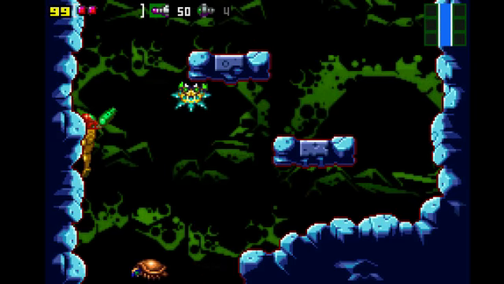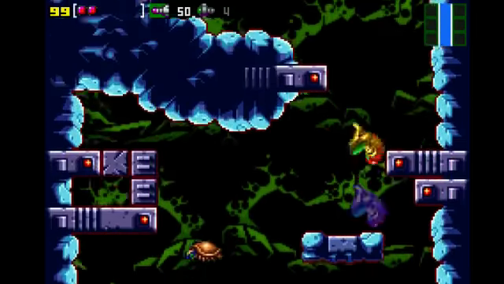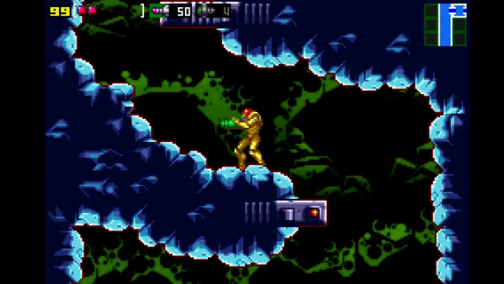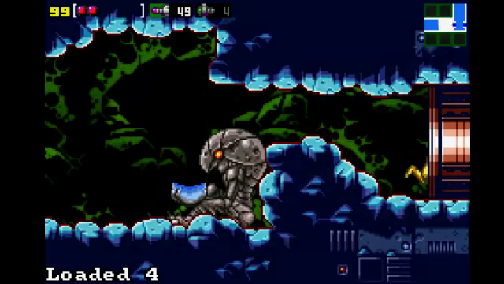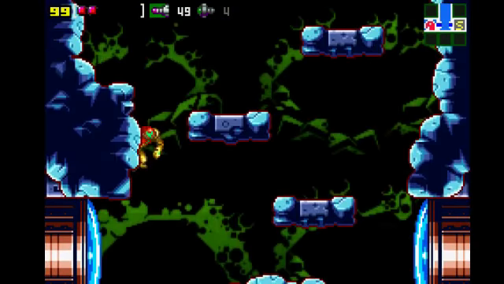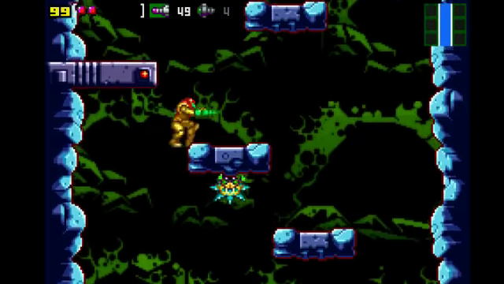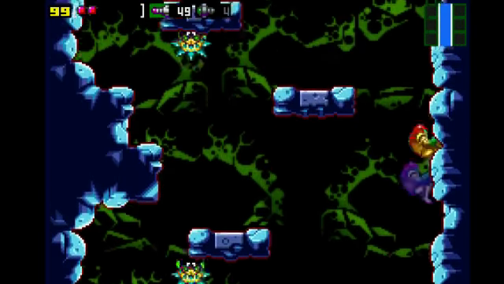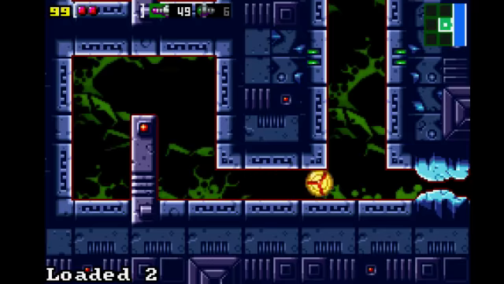If this guy's in the way, you shoot him. Then you jump, jump, jump, wall jump, jump, jump. It's all exactly the same from that part. So like so. Yeah, but once you're actually up here,